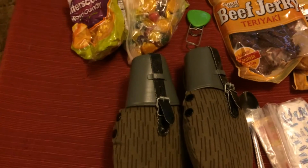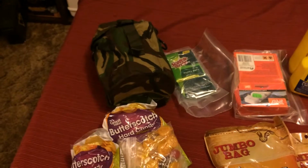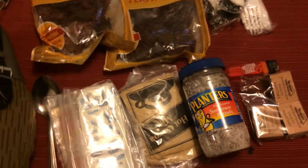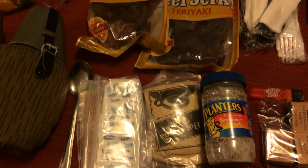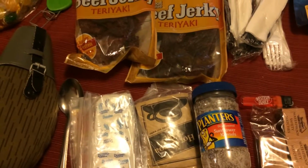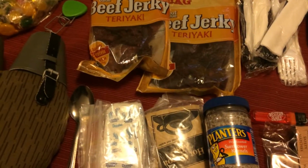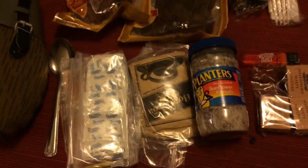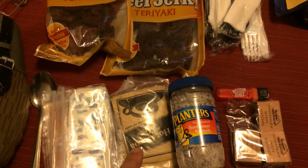Plus, they have the metal cup, which is a nice little add-on for hot drinks. Now, the BCB cooker has an excellent plastic cup that could be used for hot drinks too. And speaking of hot drinks, which is another rationale for having a cooking kit, if I was cold and wanted to regulate my core body temperature, they tell you to drink hot liquids. You could just heat up some water and drink hot water, and in some ways that might be better as far as hydration goes. But as far as morale goes, having a way to make tea, cocoa, or coffee